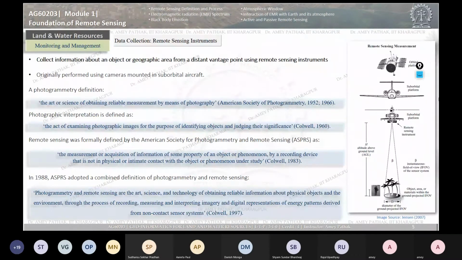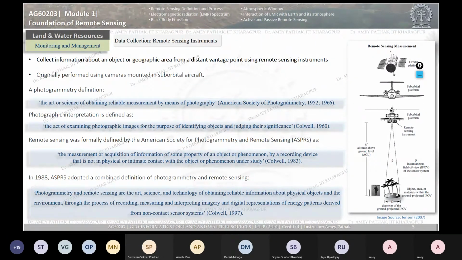Okay, so far what we have seen, in order to collect the data, we have two approaches. Either we can go to the field and collect the data. That process is called in situ data collection. In situ data collection, if that data has been recorded properly, or the quantity that is being measured, if the process and methodology is fine, then it gives us more accurate data pertaining to that field.